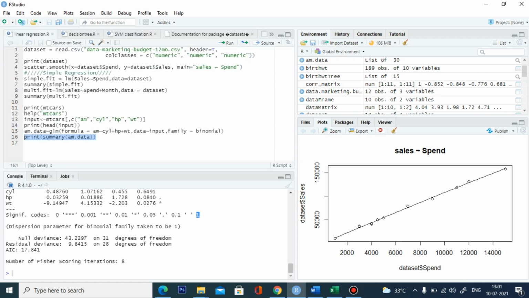Linear and logistic regression are very useful in data analytics for predicting the response variable based on your predictor variables. You have a lot of datasets, so based on a lot of training data, you can build a good linear model and logistic regression model to predict your future values. This will be very helpful in data analytics for predicting future values based on your dataset.